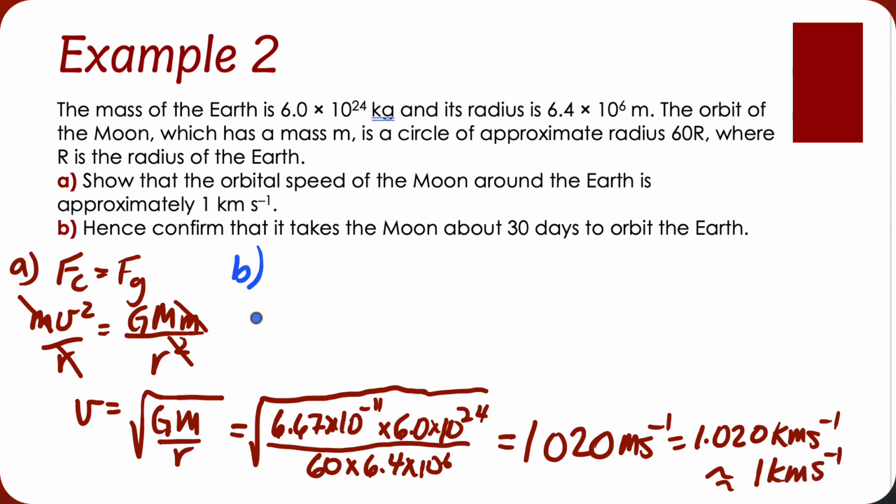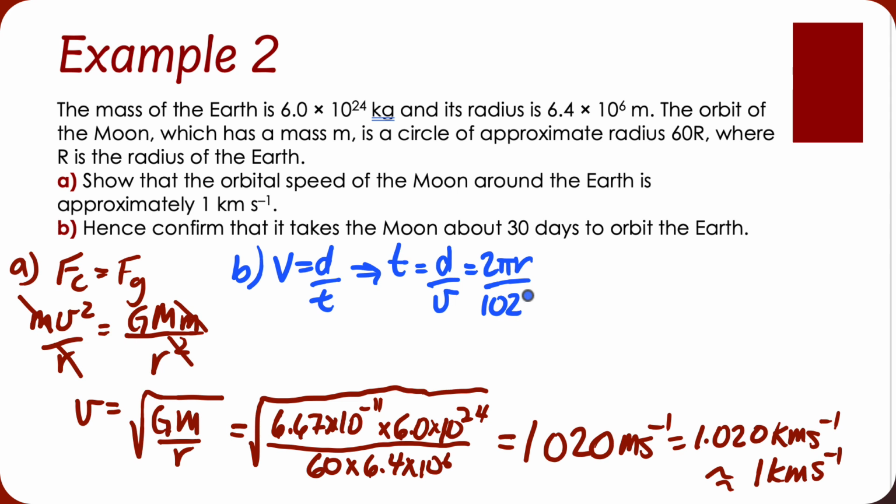Part B, hence confirm that it takes about 30 days to orbit the Earth. Well, remember we said it should be going around at a constant speed. And we're looking to show the time here. So if I rearrange that, I'm going to have distance over velocity. My distance is 2 pi r over the value I just found. I'm going to put it in meters per second here. 2 pi times our radius, which was 60 times the radius of the Earth. And I'm going to get,